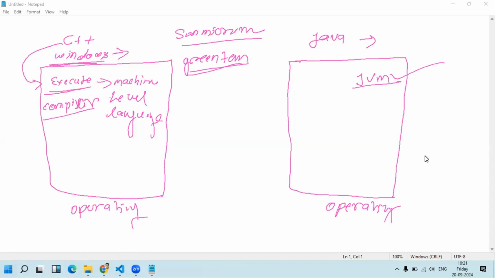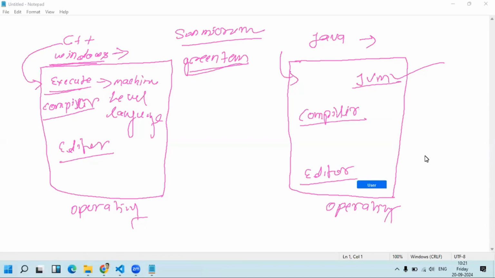They have the compiler, right? Here in C++ also they have the editor, in which they write their code, and they have the compiler and interpreter that compile and interpret the code into machine level language. Same thing in Java: they have the editor and they have the compiler also, to compile the code, and the editor is for writing the code. But the different thing is that they introduced this JVM.